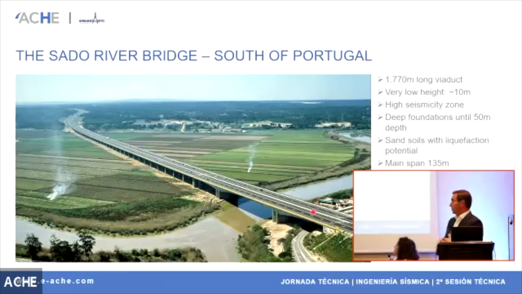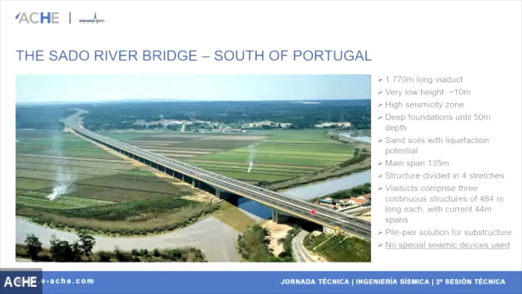Well, some examples of bridges that we've designed in seismic regions, of course. This is one on the highway between Lisbon and Algarve. This was a design and build tender, and we have a big valley with low height, and deep foundations down to 50 meters depth. We have potential of liquefaction in some parts of this valley, not everywhere, and this is the problem with these types of valleys. You have liquefaction here, you don't have liquefaction there,